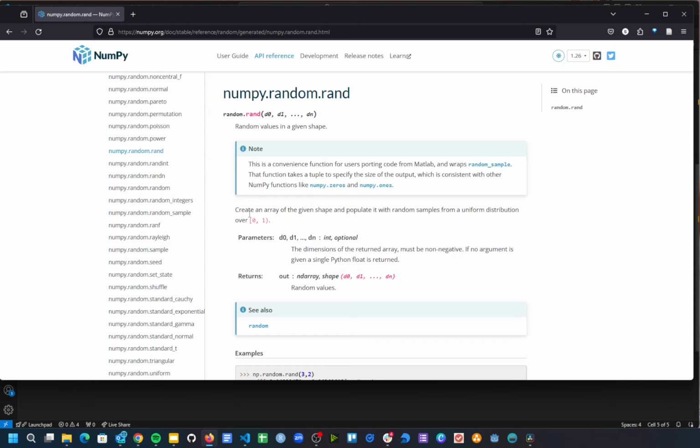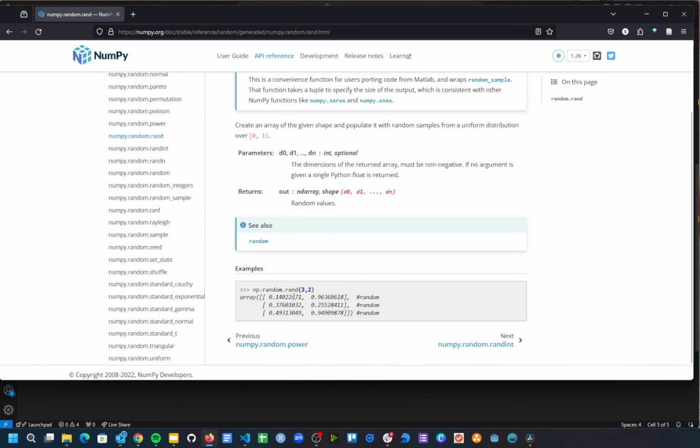There are other functions out there, but for today we're just going to use NumPy random rand. So what kind of examples are we being given here? So NumPy random rand, this looks like we will create a 2D array if we pass in 2 parameters. So that's given us, for example, we could think of that as three different